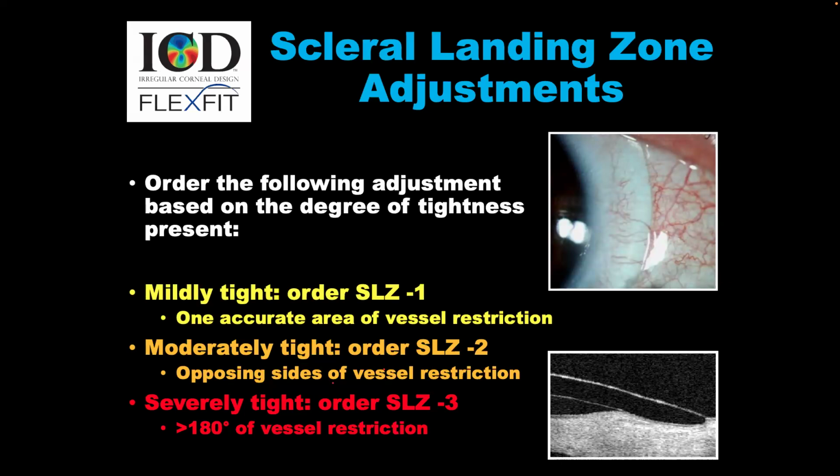But another suggestion is just going with an SLC of -2. And if we see over 180 degrees of bezel restriction, then just go to a -3. This is the recommendation, but you can go a little bit higher. Just remember that by doing -1, -2, -3, you are losing 25 microns at the center, -50 or -75. And you can compensate for those losses